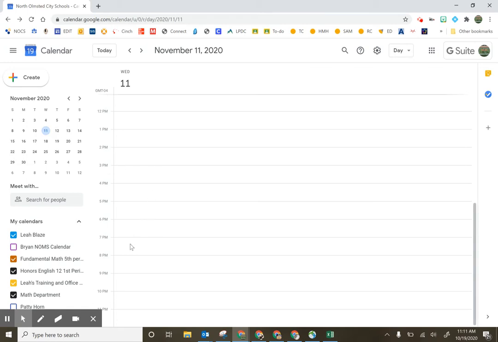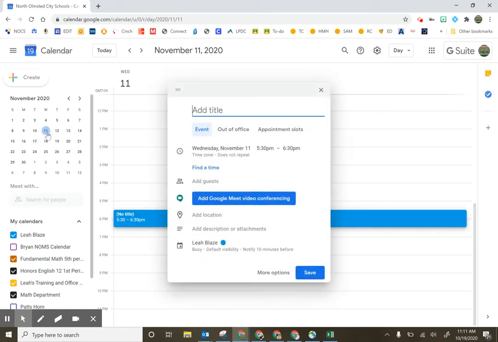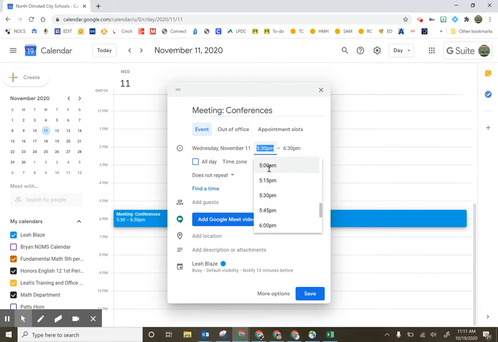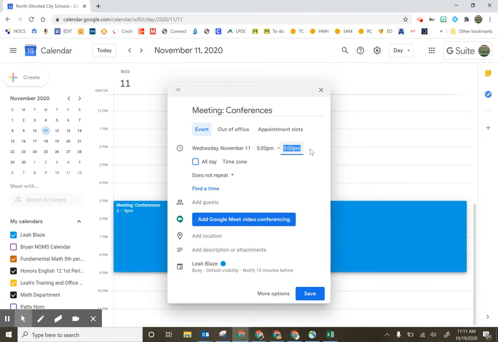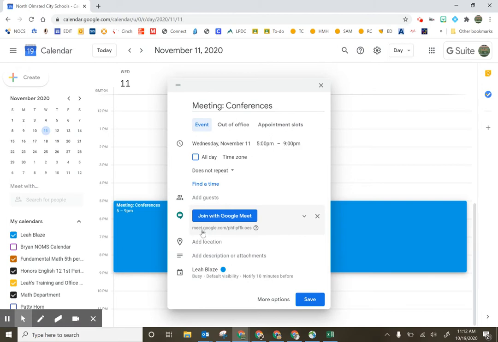In order to do this, you would find the day that you want the first appointment to occur. You would give it a name. And then I would set the time span for the entire time span that I need this Google Meet to be running. I'm going to click Add Google Meet to add this link,